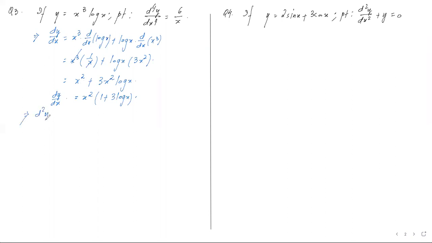Proceeding to the next step, that is differentiating the first order derivative. So once again, we have to apply the product rule. So x square and derivative of this will give me 3 by x, plus 1 plus 3 log x, derivative of x square will give me 2x. This x and this square got cancelled. We have a 3x here. Opening the bracket, we got 2x plus 6x log x. As in, it is 5x plus 6 times x log x.